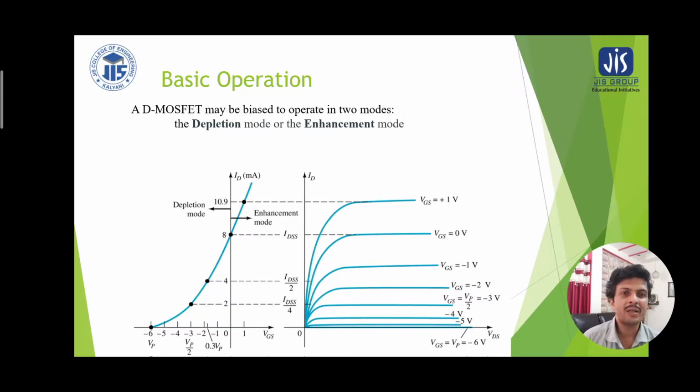And 8 milliampere is the drain to source saturation current, because the gate to source voltage at this point is 0 volt, and thereafter there is again an increase of drain current beyond the drain to source saturation current. The drain current can be increased if we apply positive voltage to the gate to source terminal, because positive voltage will make the depletion region thinner, therefore the width of the channel will be increased more, so that more and more charge carriers will flow through the channel.